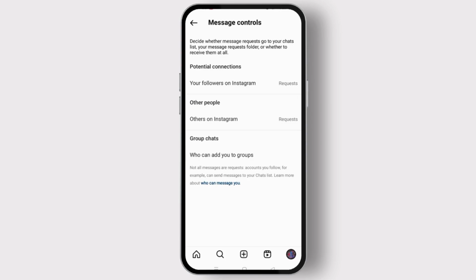Once you have done that, you have easily enabled direct messages on Instagram. So that's how we enable direct messages on